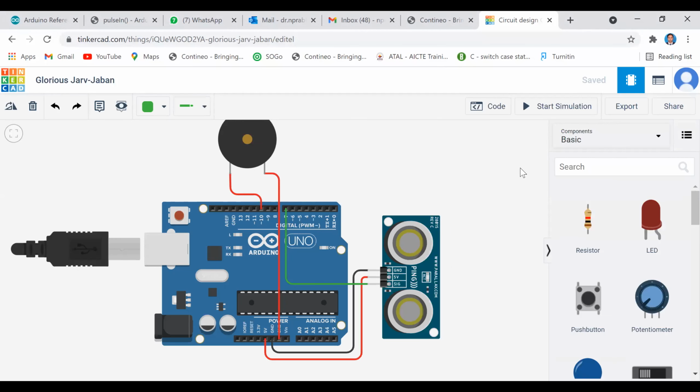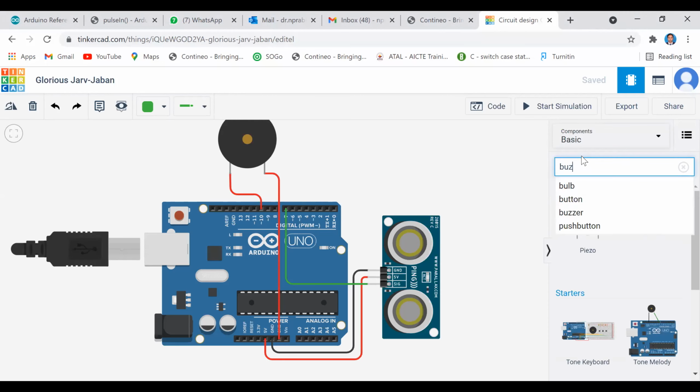See, the basics, you can type the buzzer. Already it is available. So you can click and drag it, and you can do the connection here. This is going to be your positive terminal and negative terminal. The negative terminal, you can ground it.